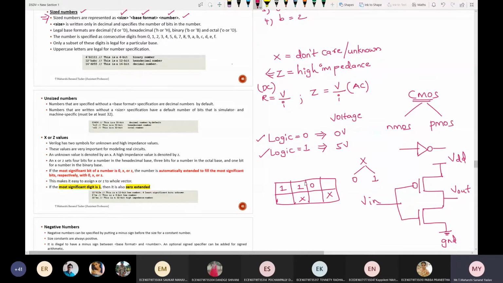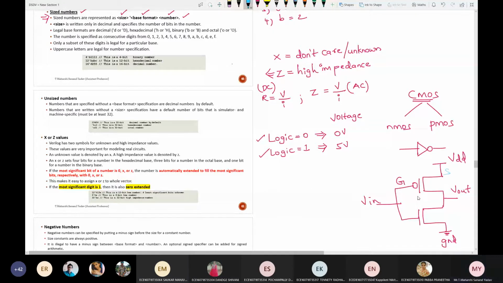What are the three terminals present in NMOS and PMOS? Gate, source, drain. Which one is source for PMOS, near VDD or near V out? VDD, it is source.